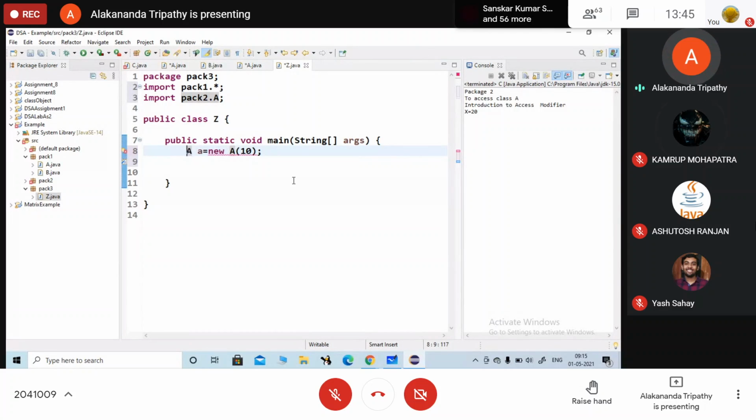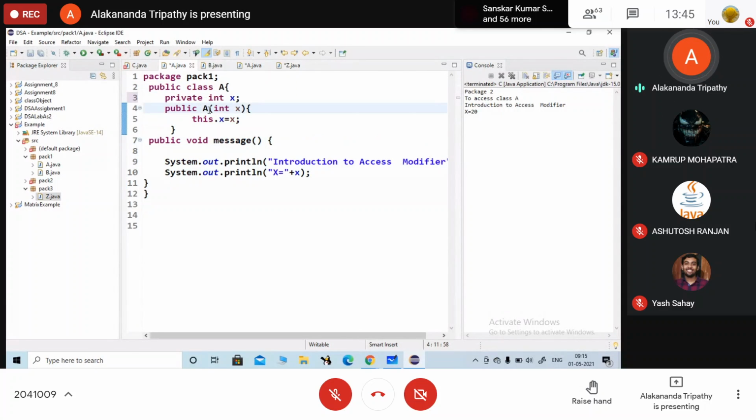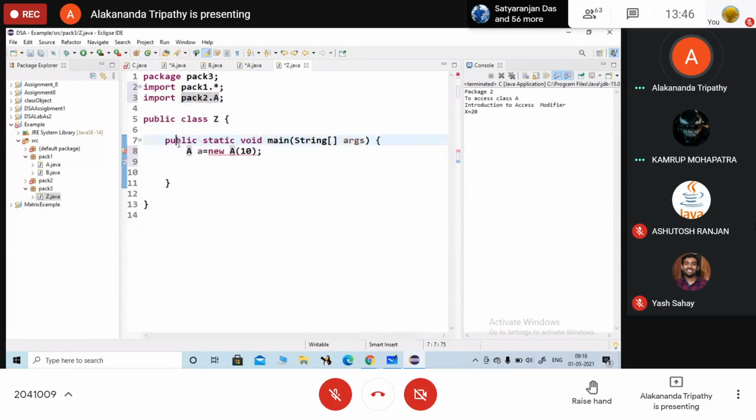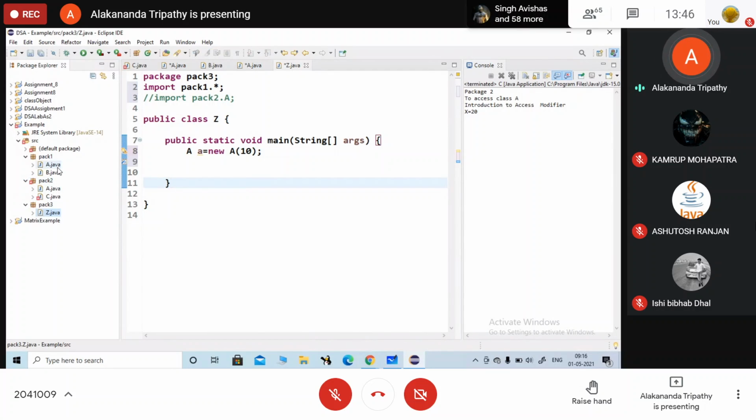Undefined. Constructor A is undefined. लेकिन पैकेज 1 में जो ले हो यहाँ पर क्या है, defined है. ये डिफाइंड है. हाँ, इसको मैं हटा देती हूँ पैक 2 को. देखो अब कुछ एरर आ रहा है. ओके, सो ये जो दोनों पैकेज में दोनों क्लास बना है वो दोनों क्या है,